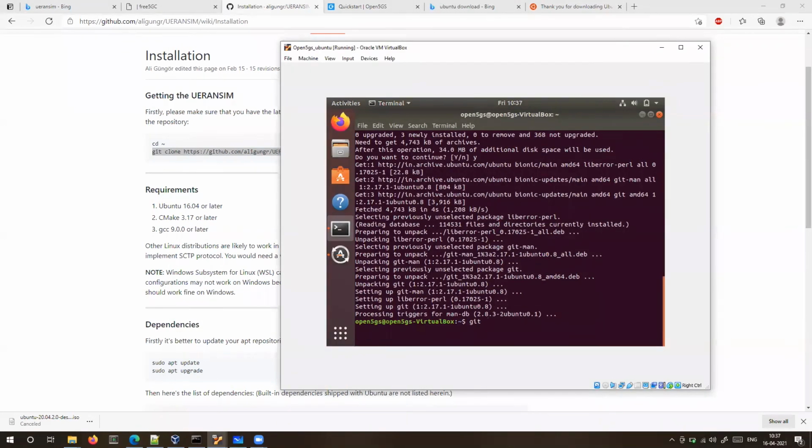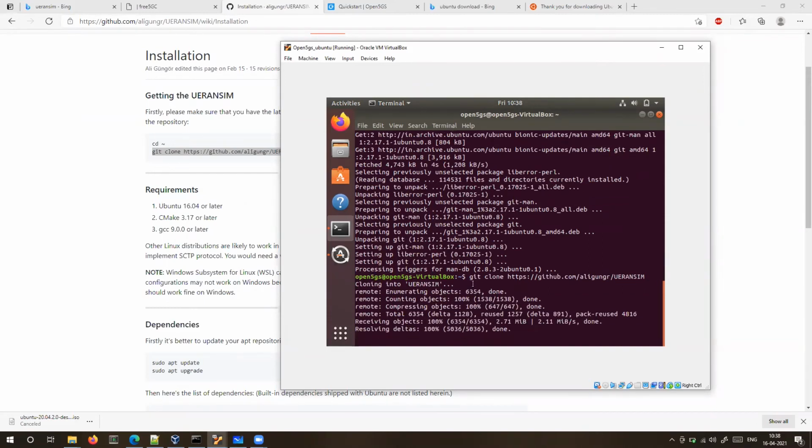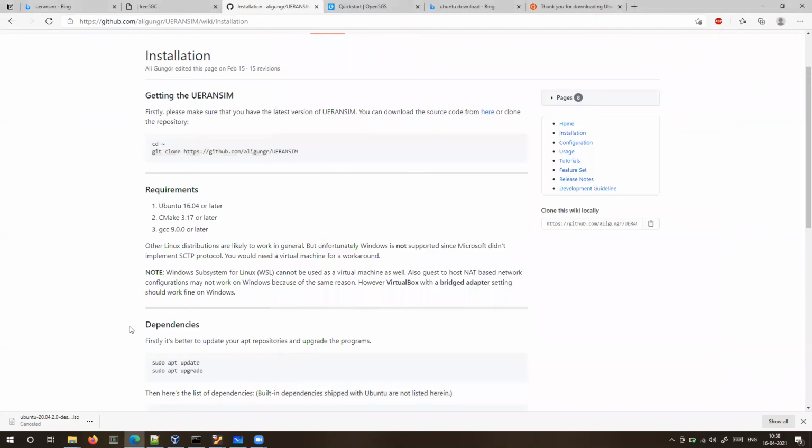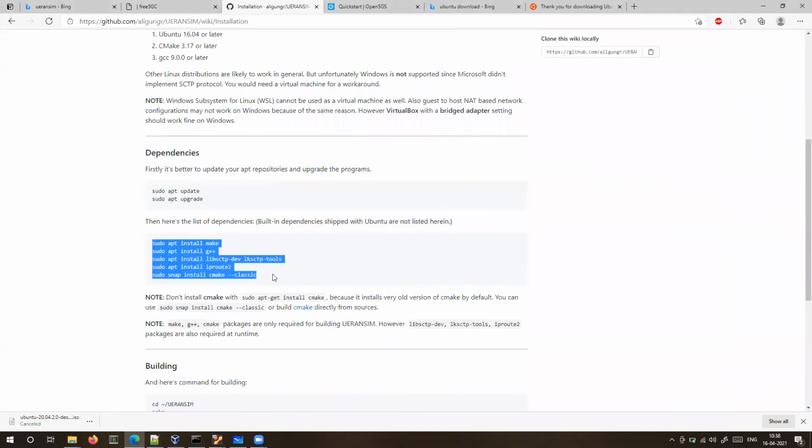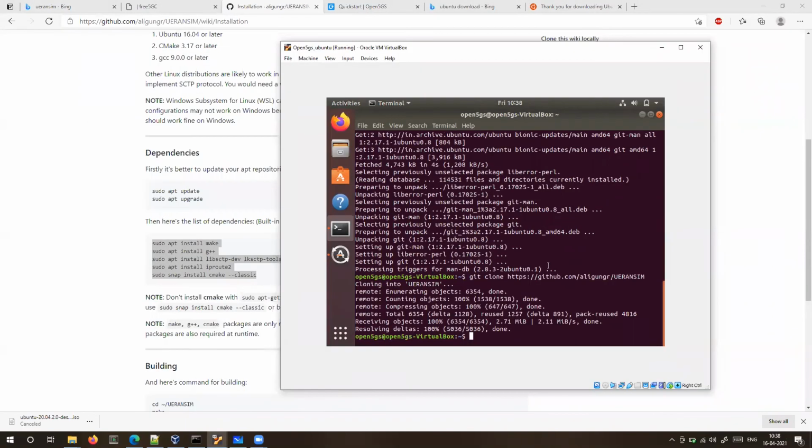You need to restart. So you can just follow this step. Okay, these are the libraries that you need to install. You can just put them in one line.